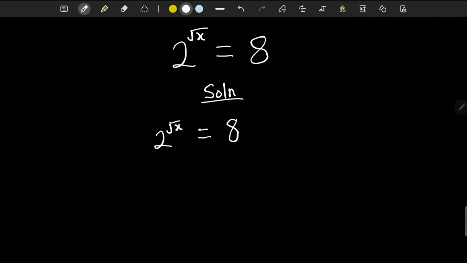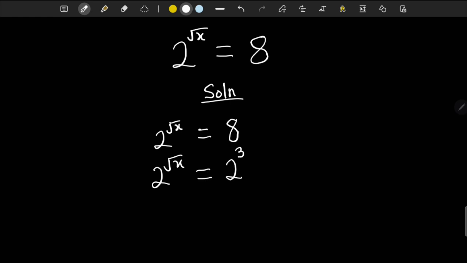Now we know that 8 is the same as 2 times 2 times what? 2, right? 2 times 2 is 4 times 2 is 8. And this is the same as 2 raised to the power what? 3. So let me clean it. So let's write our 2 raised to the power square root of x is equal to 2 raised to the